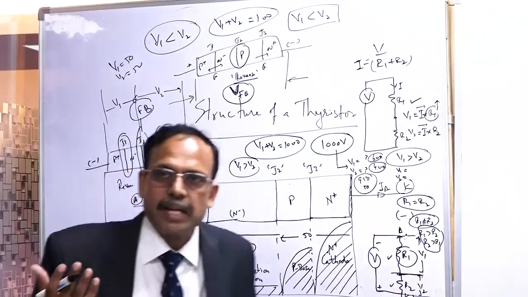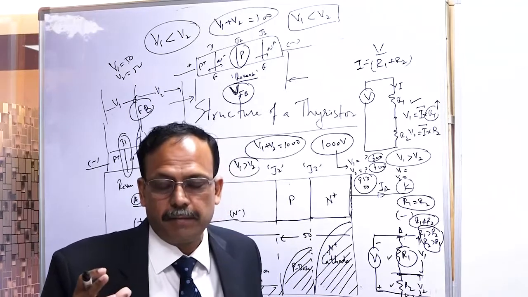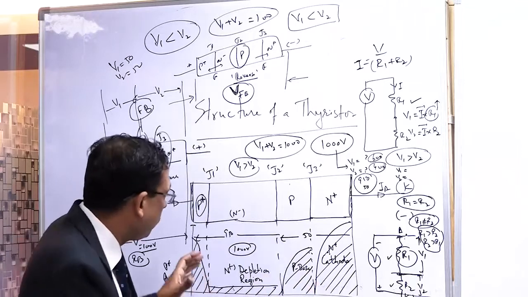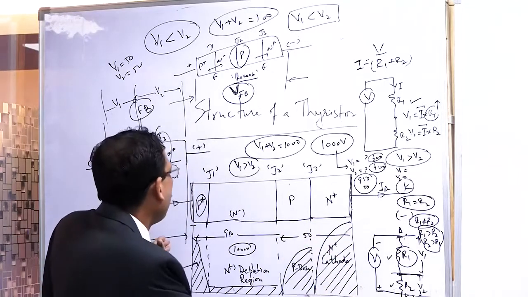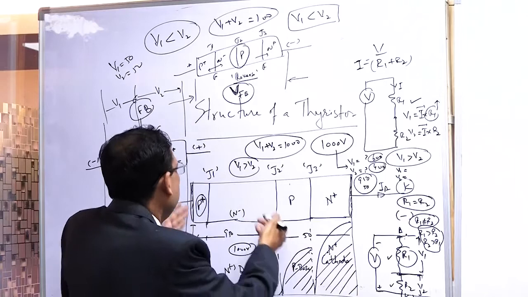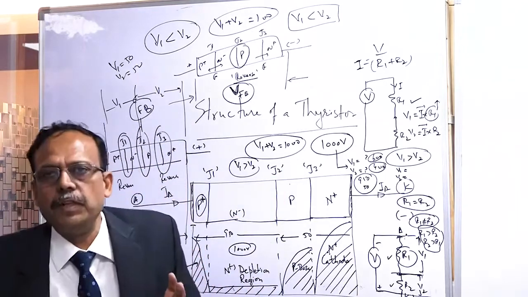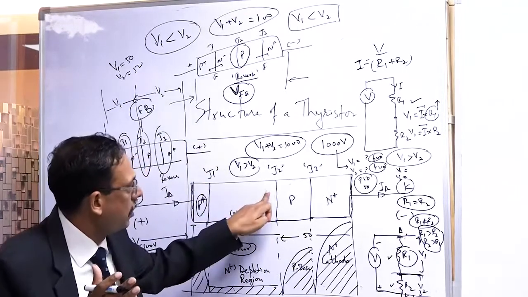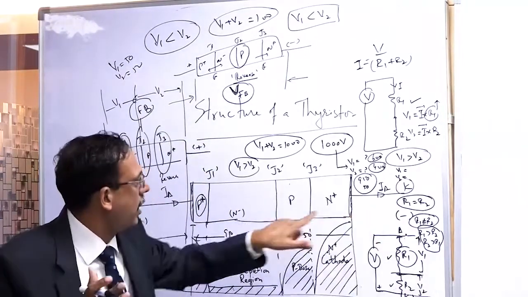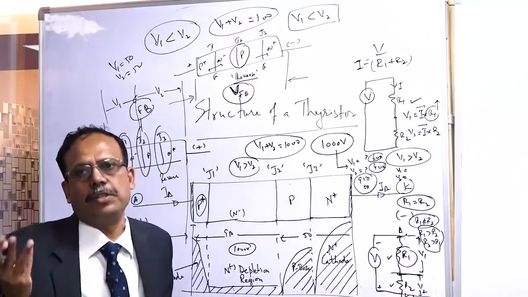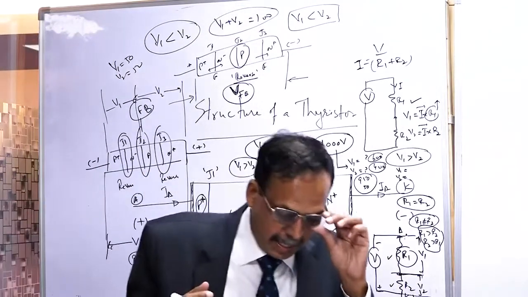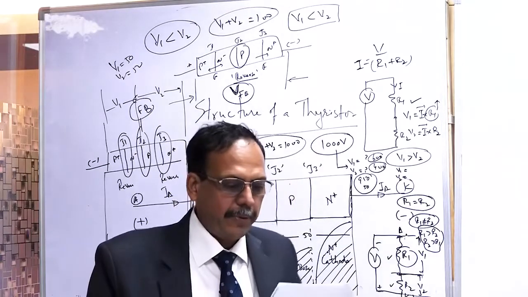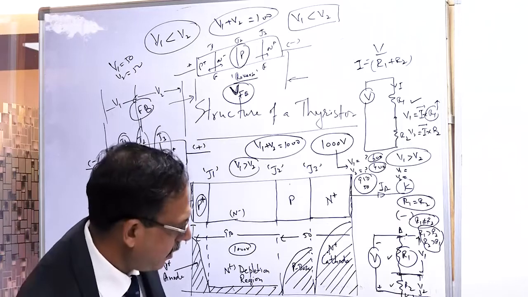Why and how this is done, that I also do not know. That is basically the experts on that can tell you, but this is the fact, that almost all the voltage is across these two junctions, J1 and J2. Majority of the voltage is across this P as well as J2, and across cathode and J2 there is very less voltage. So this is something I think you have understood. Now we are going to that question. Now you will be able to understand that question which I had written.